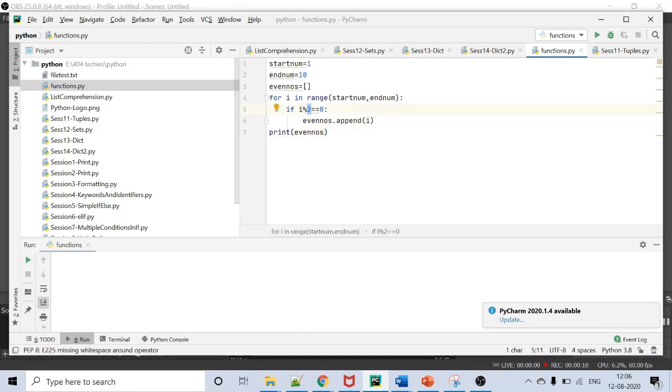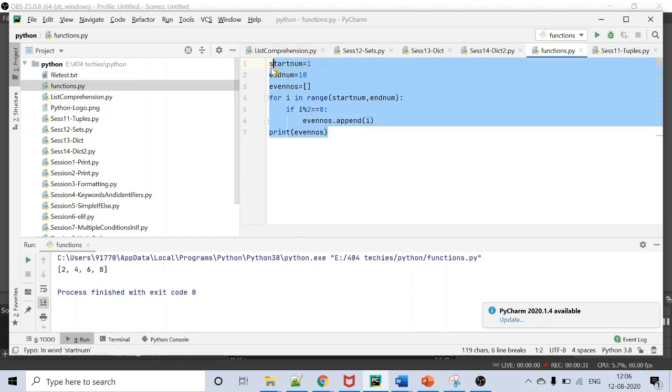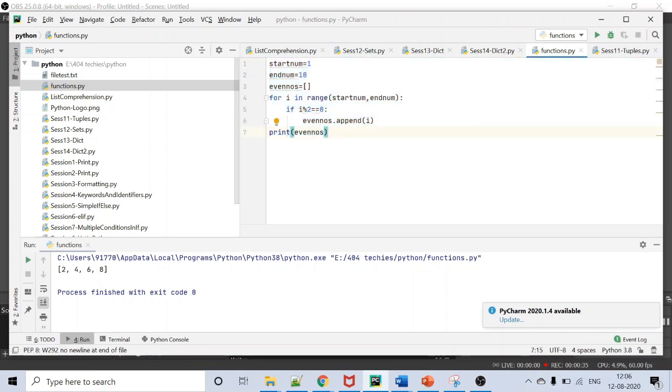If the remainder is equal to 0, I add that number to the new list, even numbers, and outside the for loop I'm printing that list. Let's run this. All the even numbers between 1 and 10 are printed. Now I want to convert this block of code to a function so that it can be accessed for different inputs by different users.